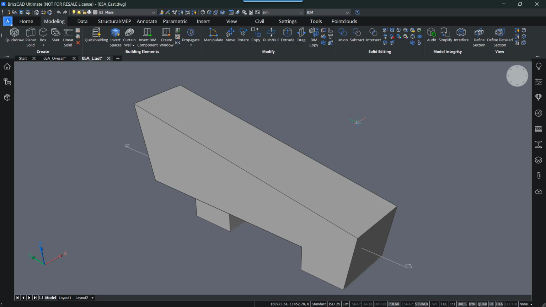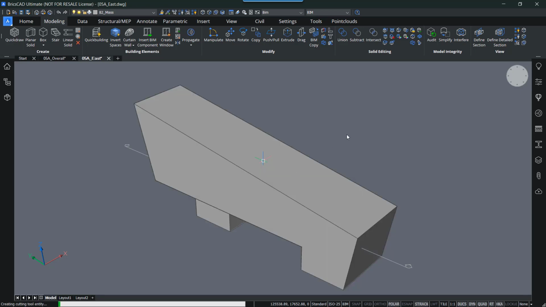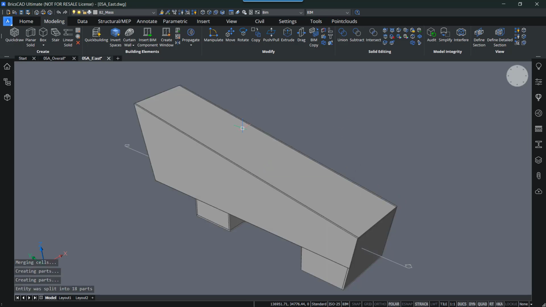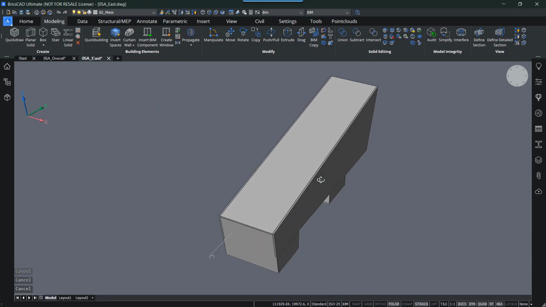So let's do this. You can do this manually, but you can also do this more automatically. In this case, let me just select the solid and go ahead and use BIM split. It will split segmented solids into separate solids. If I click on that and hover over it, you will see that instead of one big solid, I have some separate solids in between. So that looks pretty good already.